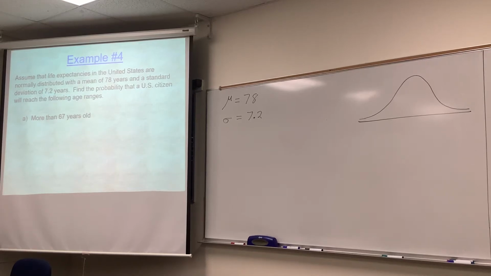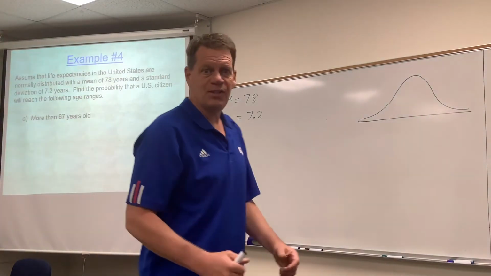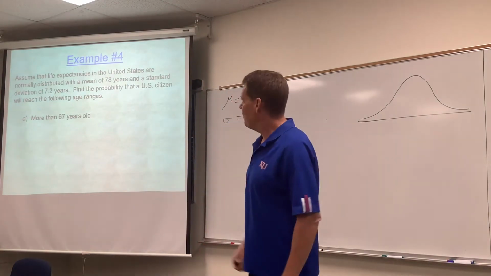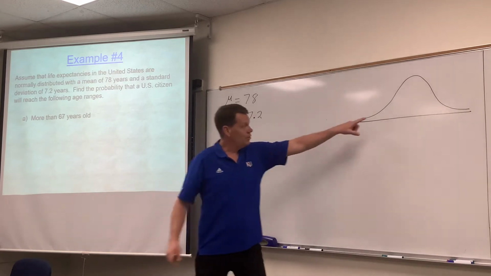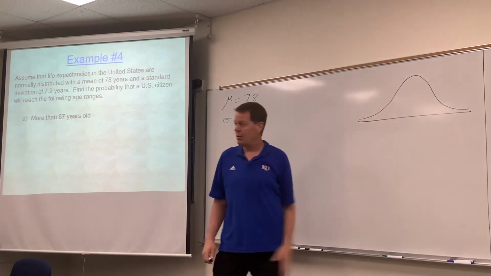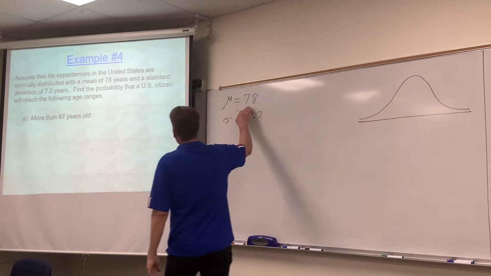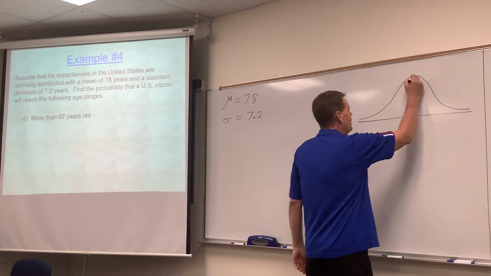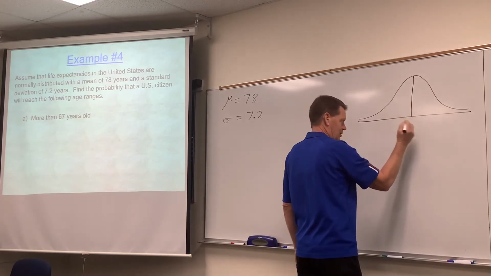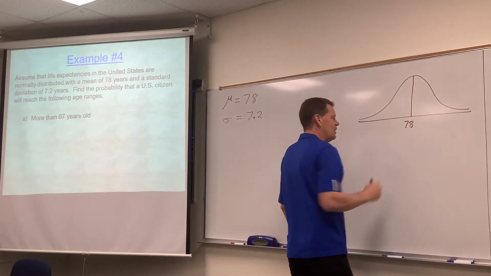All right, folks, now we're ready for normal distributions. Example 4, part A. We're told that the life expectancies in the United States are normally distributed. That's what allows us to draw our bell curve. And the mean is 78 years, and the standard deviation is 7.2 years. So we know that it's normally distributed, and the mean of 78 years would go right there in